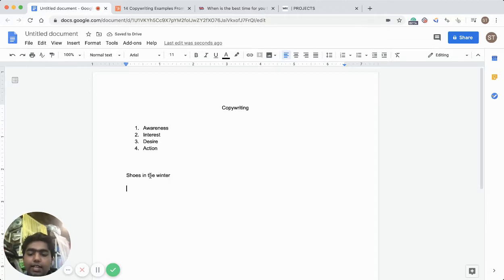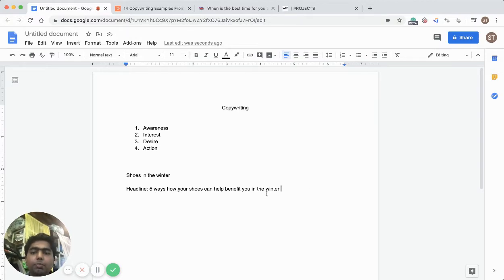A catchy headline that would bring awareness is, let's say, for example, five ways your shoes can help benefit you in the winter. If you look at this tagline right here, you're trying to bring the awareness of what these shoes are and how this shoe can be a benefit.